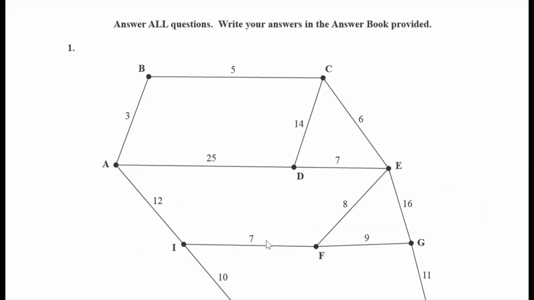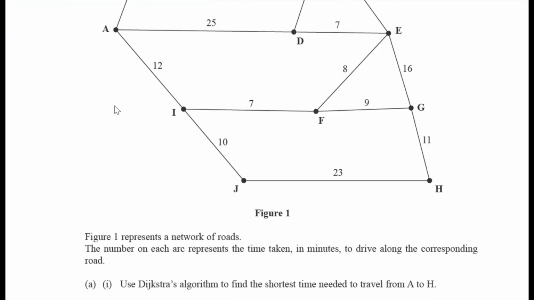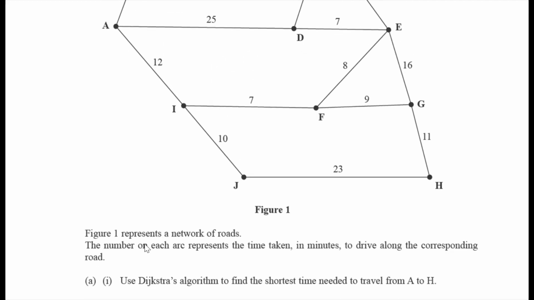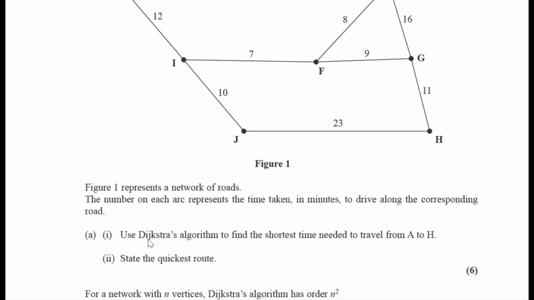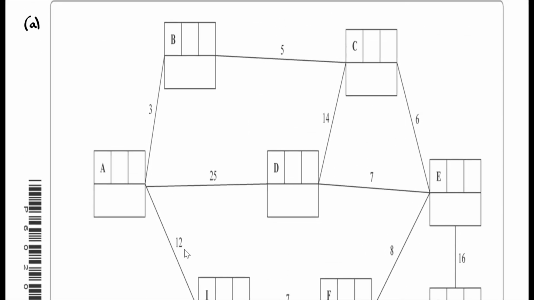Question number 1. We have over here figure 1, which represents a network of roads, and the number on each arc represents the time taken in minutes to drive along the corresponding road. And for part A, we have to use Dijkstra's algorithm to find the shortest time needed to travel from A to H, and then we have to state the quickest route. So if we take a look at this figure,